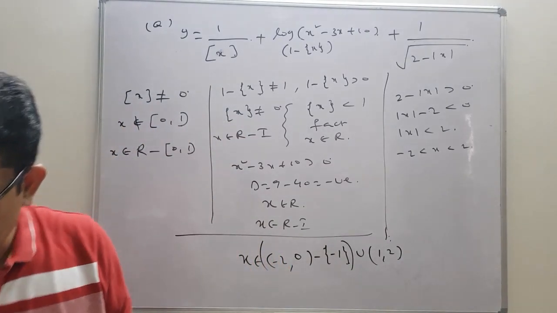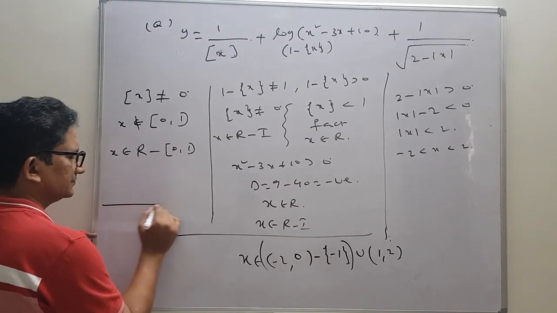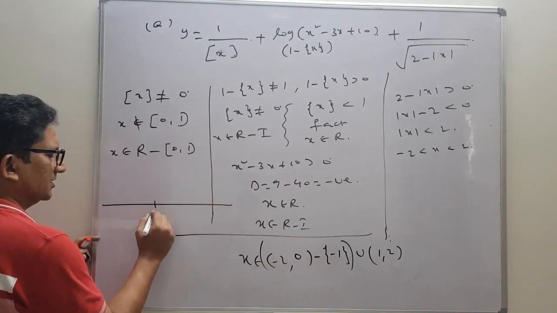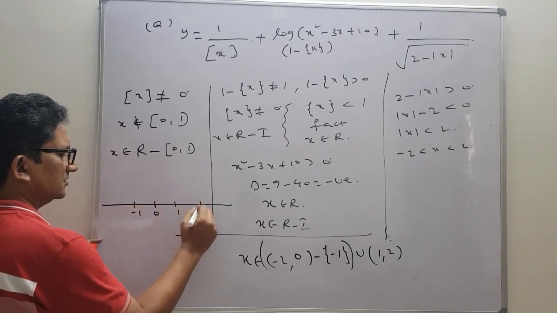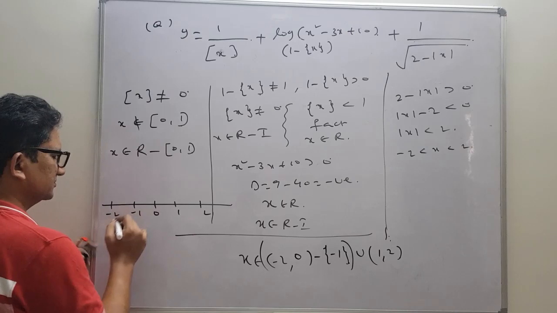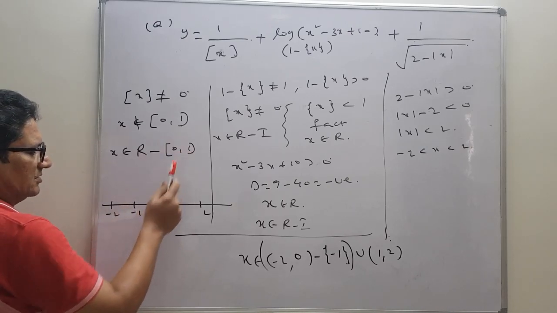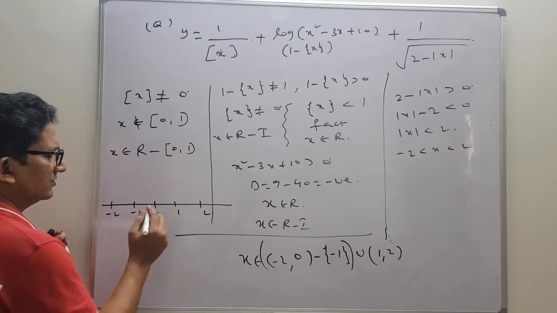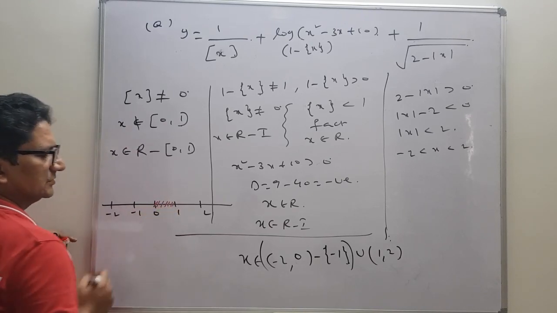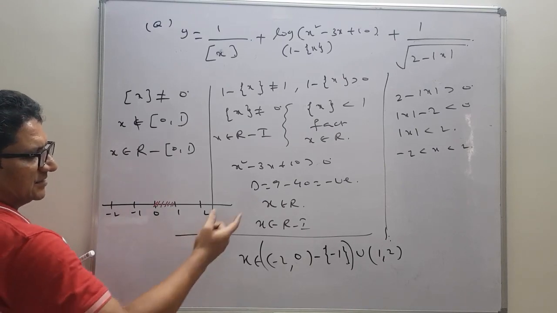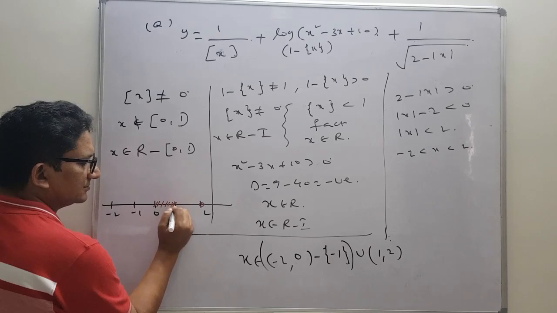With the help of the graph, without making any mistakes, how can we check this? We need to plot the points. Here we write 0, and all integers 1, minus 1, 2 and minus 2. This is the part we need to take. So when you write R minus [0, 1), between 0 and 1 we don't want anything. And next, R minus I means all integers will keep an open bubble there.